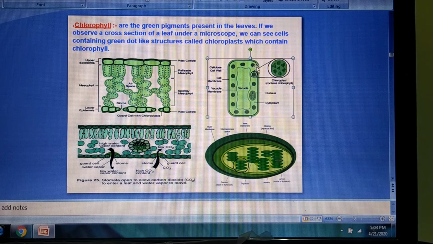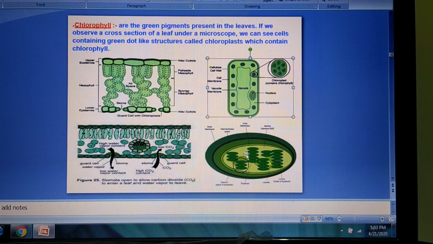When you observe this chloroplast, it is covered by a double layered membrane. Inside this there are so many membranes present one above the other. Each lamella or membrane we call a thylakoid. Each one is one thylakoid. They are present in a line, piled up. So this one pile we call one granum. What is it called? One granum.